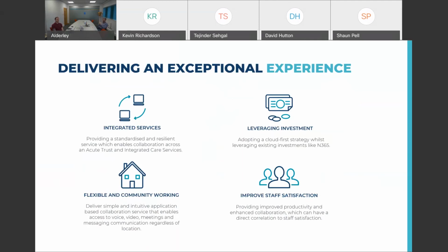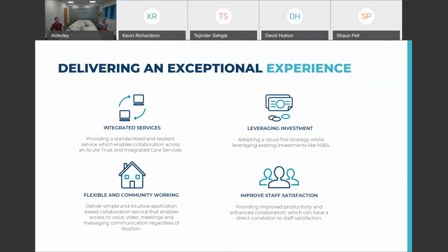They can use voice services fully integrated into the existing organization's telephony, do video calls, and join video meetings from any device, with a seamless experience whether you're working at home, in the community, or in a central location. It all makes it very easy for people to use. What that ultimately leads on to is providing people the right tools to do the job, which is a direct correlation to staff satisfaction.